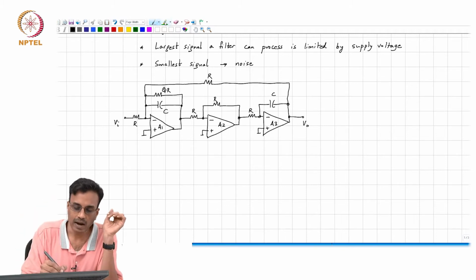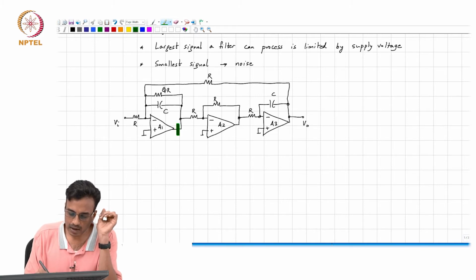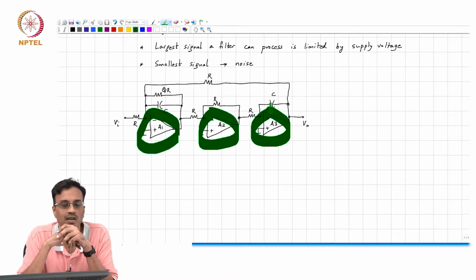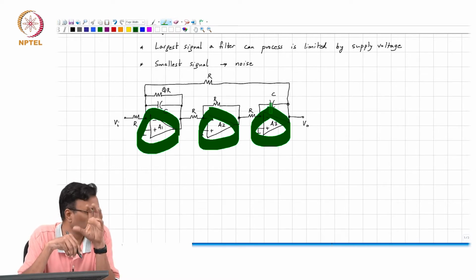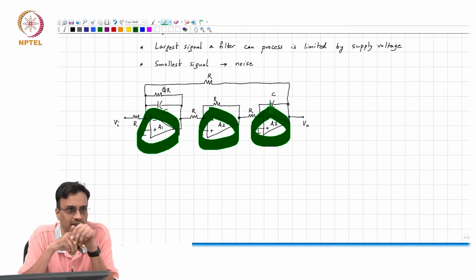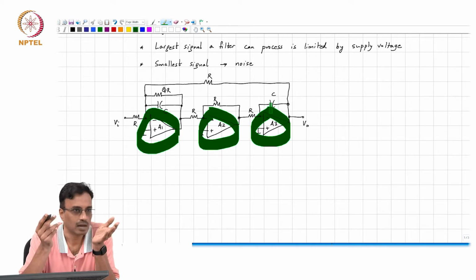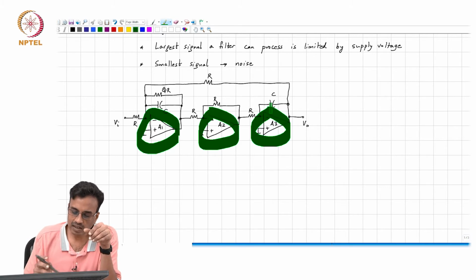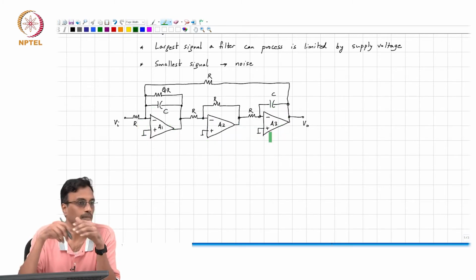The only other aspect that we have not seen so far is that we have assumed so far that all the op amps are ideal. In other words, if you apply a differential input, the output first of all becomes infinite, and not only that, it does so infinitely fast, correct. I mean, this one infinity is bad enough. Where are we going to get two infinities? The bandwidth is infinity and the gain is infinity. So, of course, in practice, neither the gain is infinite nor the bandwidth is infinite.